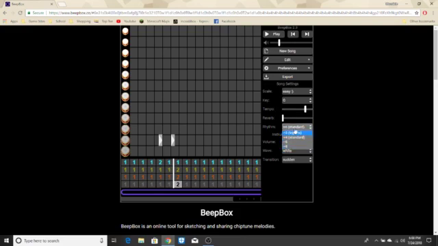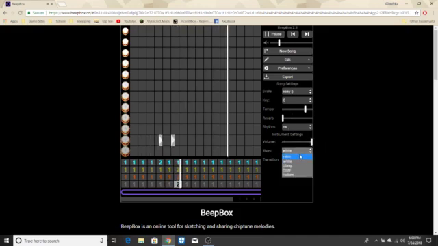I'm not sure, but the rhythm. That's pretty cool. Volume. It doesn't really do anything, as you hear. So that's pretty much